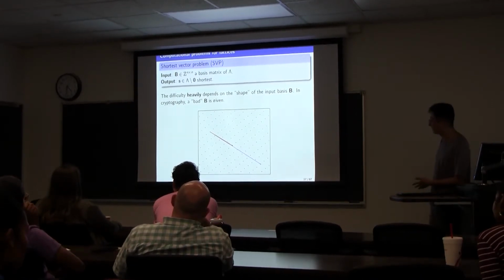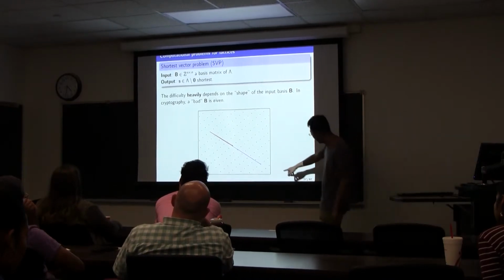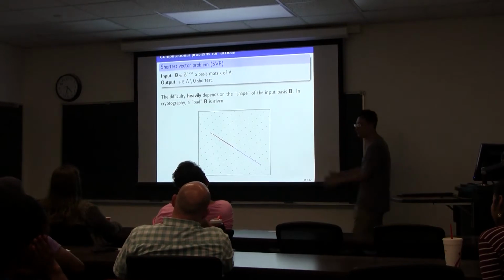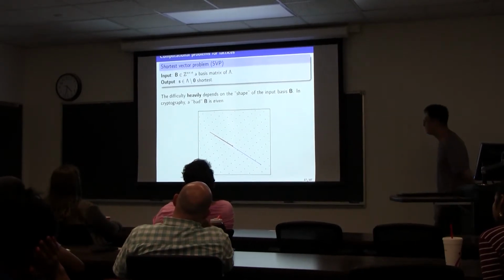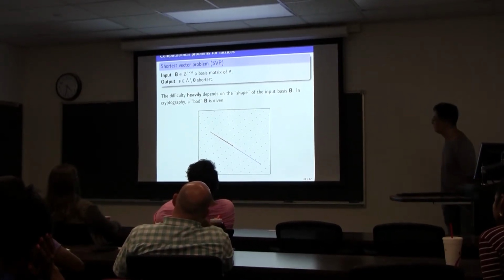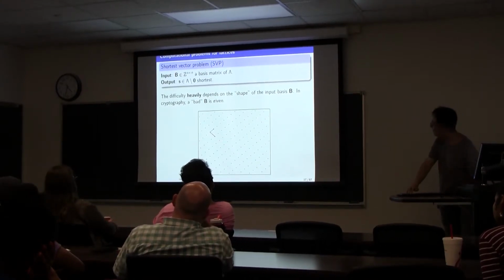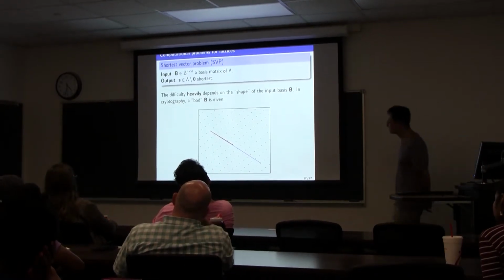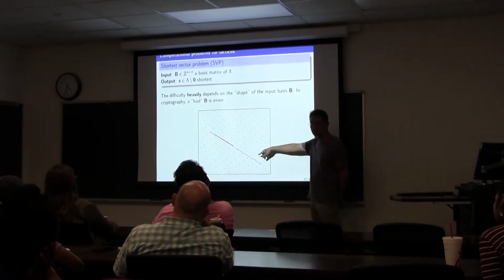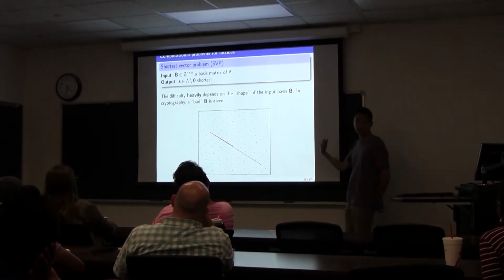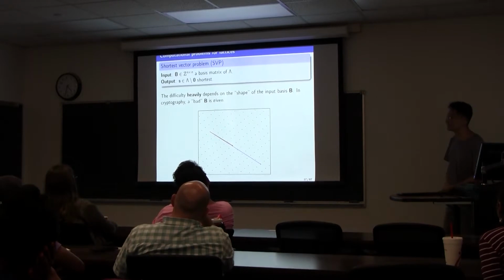I claim that, visually, you can see that there's no other lattice point within the space within these two lines or two vectors. So maybe they generate the same lattice. I guarantee that these two bases, this one and this one, generate the same green points. But this is the shape of a bad basis, together with the fact that in practice we use the dimension to be something like 1,000. So that's where the difficulty